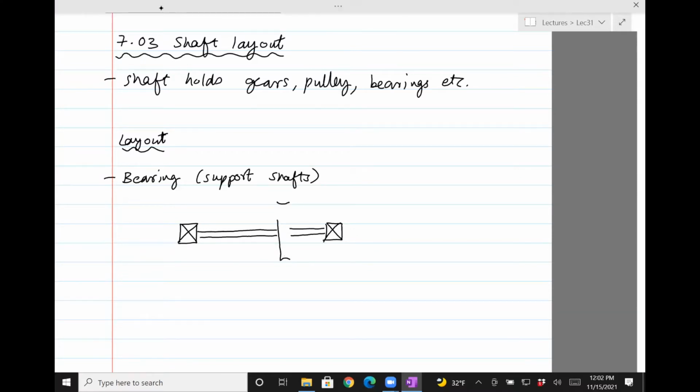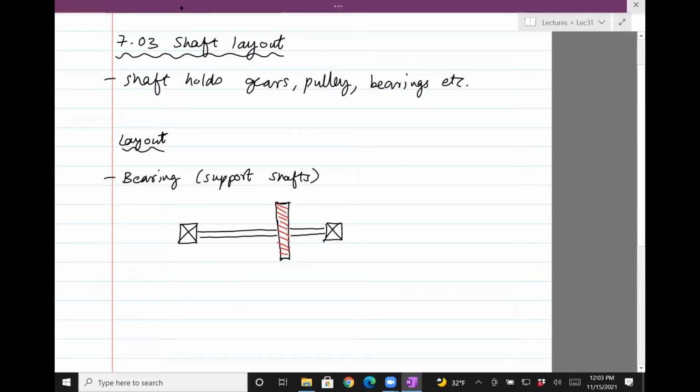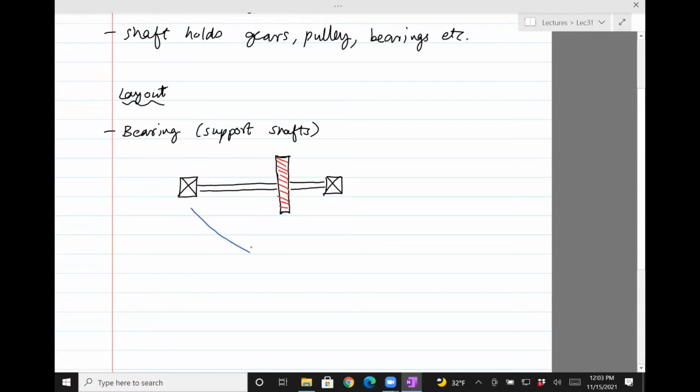That just shows the teeth of the gear. And so what we have here is bearings, and then this is a gear. And so here we say that this is a good design